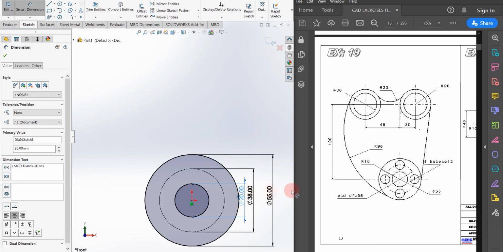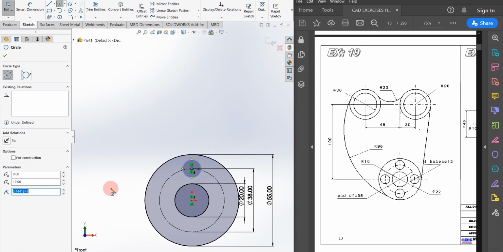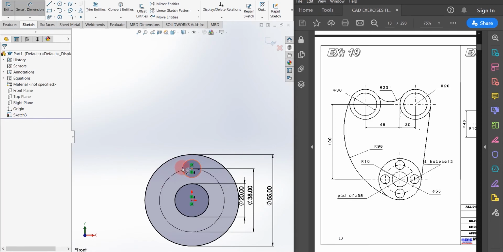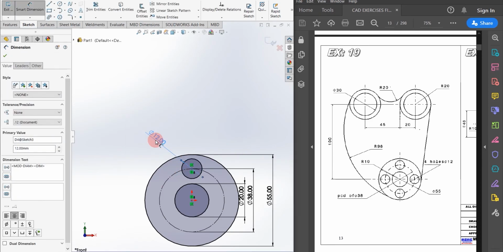Now I want 4 holes on the 38 diameter circle. First of all, I am going to construct a single circle, given that the diameter of the circle is 12 mm. Now I am going to select circular sketch pattern.